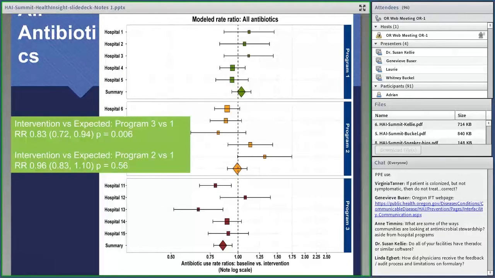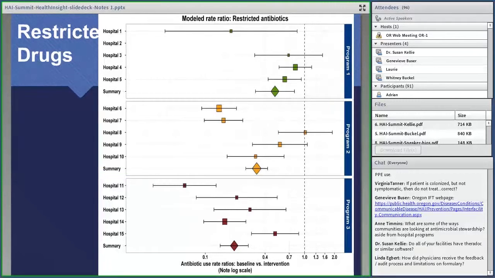And we also looked at restricted drugs. This is a very significant focus of ours, especially in some of these centers where we felt like their microbial sensitivity, their antibiograms didn't really suggest they had to use these big antibiotic guns, and so that's our rationale for utilizing them less. And so you can see here that all hospitals statistically reduced their antibiotic use, but the